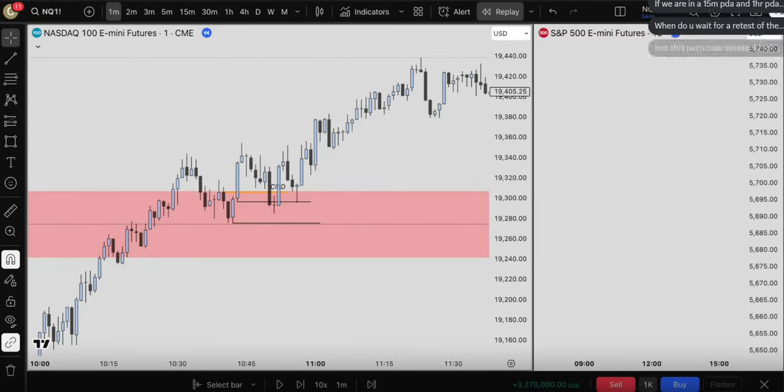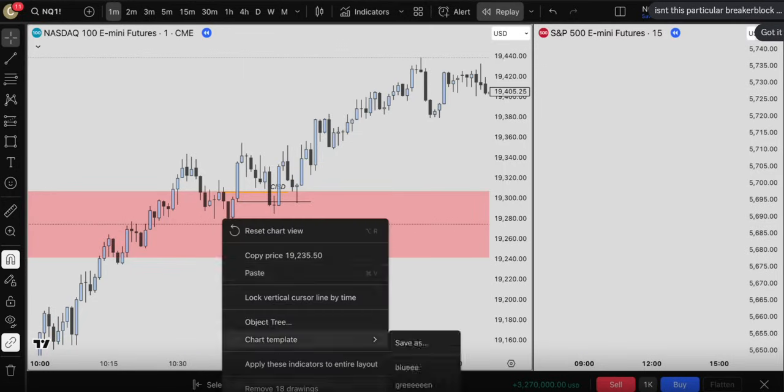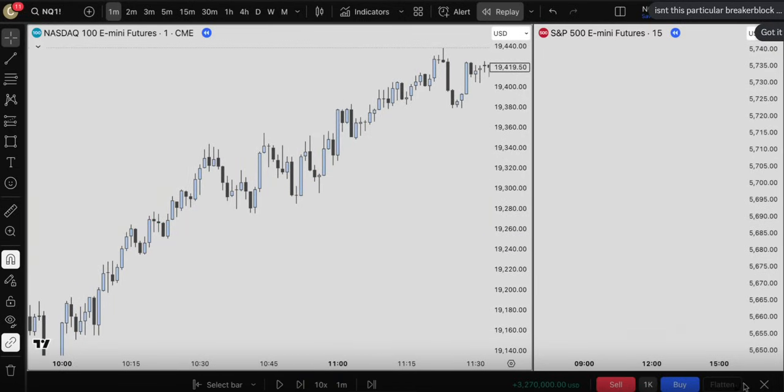Yeah, basically, yes, a failed order block, essentially. Okay? A breaker block is a failed order block. Okay, it's an order block. So you know how a